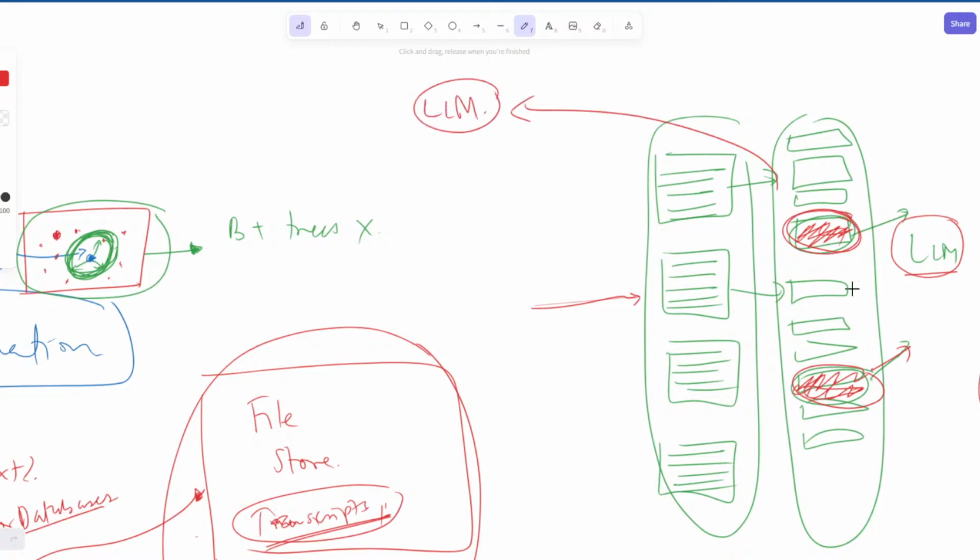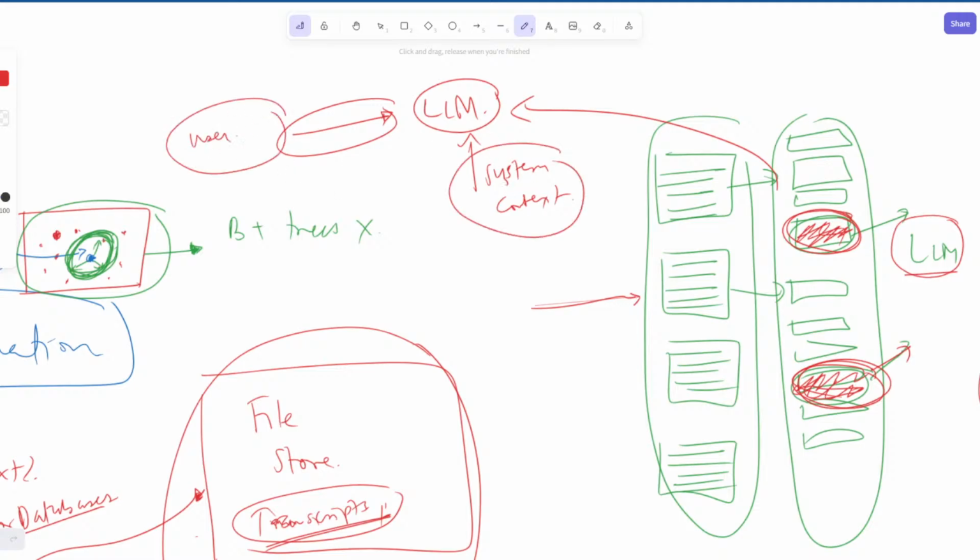The large language model looks at the relevant paragraphs, looks at the user's incoming query, looks at the system context that you have given: that I am a teacher, and I'm talking to working professionals, I'm talking about system design, I'm talking about AI engineering. When you give that system context, when you give the user's exact query, and even the user's query can be augmented by, this user has been asking questions around databases earlier, so maybe they want to know more about databases right now also. So you give them that.